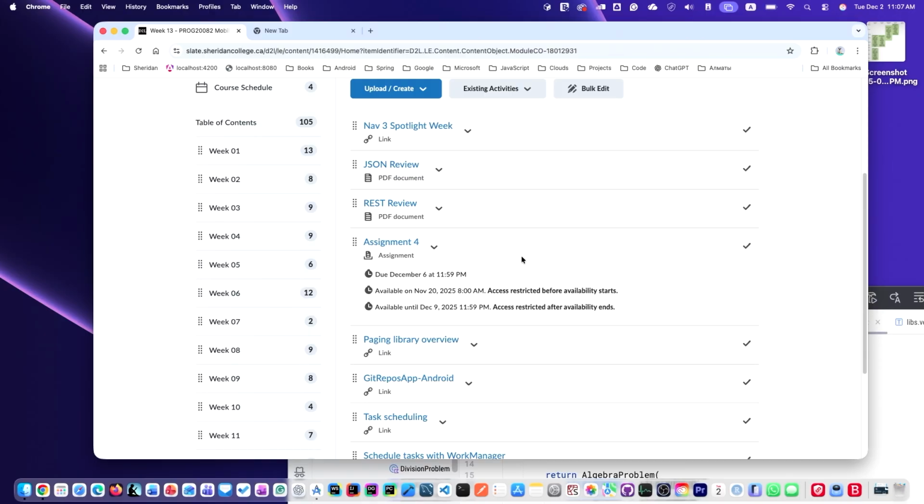Speaking about Android, as previously mentioned, Navigation 3 was coming, and it did come yesterday. So when we go to developer.android.com, it is right there. Navigation 3 is out. They announced that Navigation 3 is stable and to use it. Unfortunately, the documentation is not really there at all. So although it came out yesterday, it will probably take